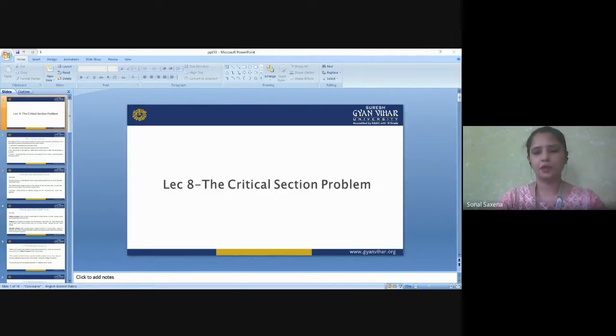That is the critical section problem in OS. This is a very crucial topic regarding operating systems, and it is of greater importance if you are preparing for NET or GATE, because the critical section problem comes up in each and every section. So today I'm going to tell you what the critical section problem actually is and how we can resolve it. Let us quickly get over it and understand what this critical section problem is.